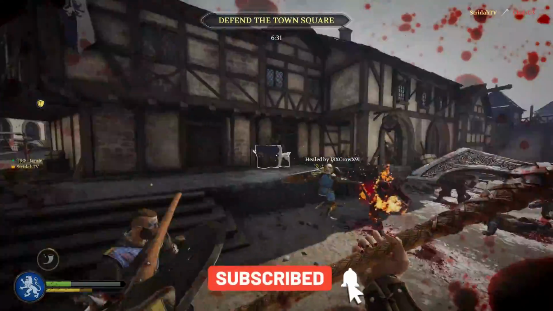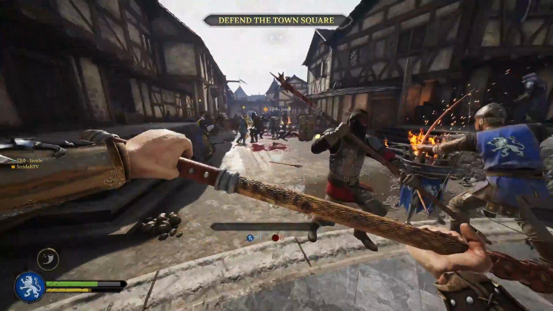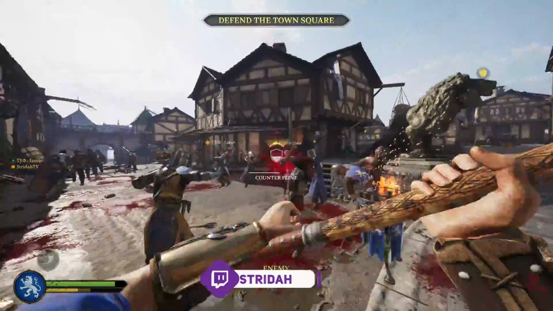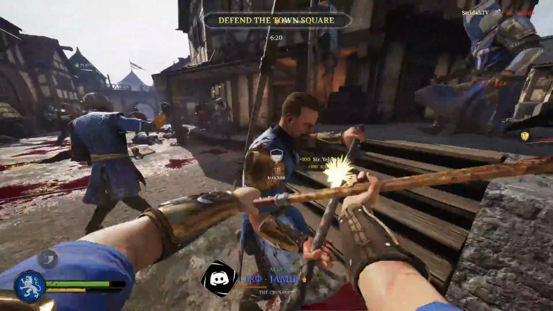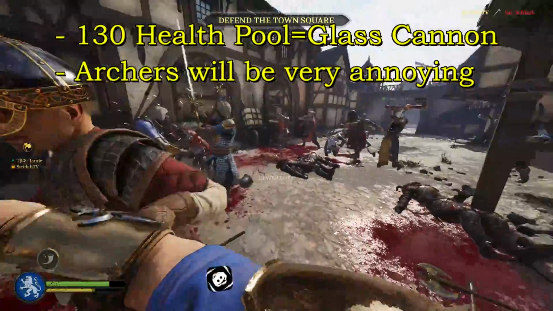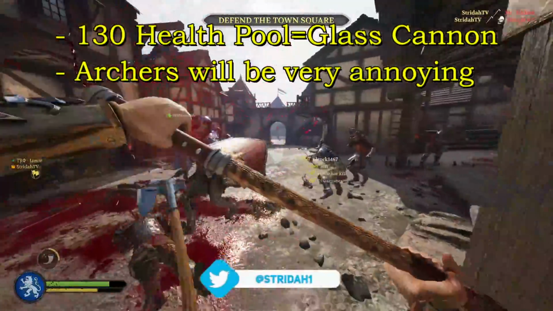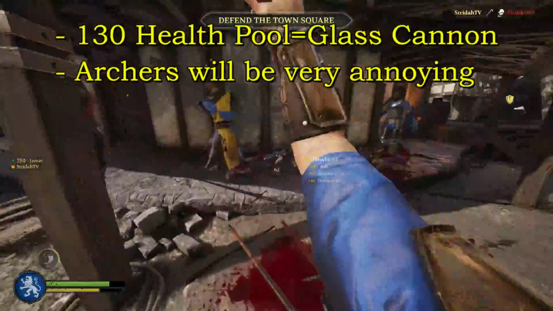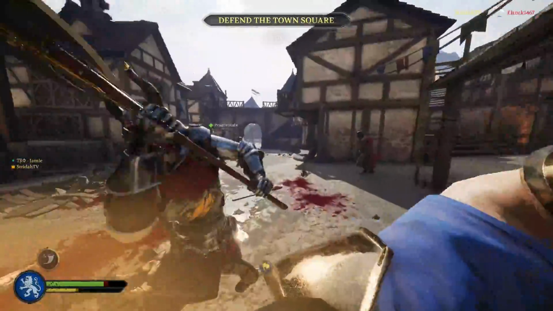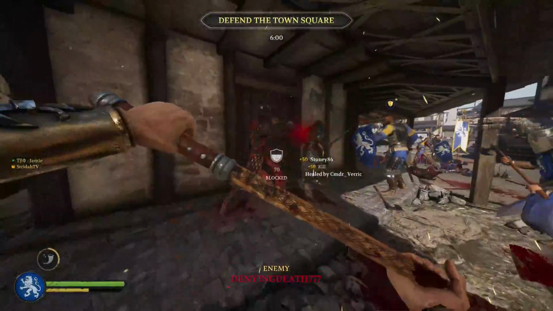The Raider class is perfect for those players who go by the philosophy that the best defense is a strong offense. The Raider is what you would call a glass cannon, having a small health pool of only 130, meaning that you will only survive a few melee attacks before dying. This squishy health pool can become really frustrating because those pesky archers will just prey on the Vanguard classes for easier kills. If you look at the Vanguard classes, they very visibly wear lighter armor, and this lack of armor